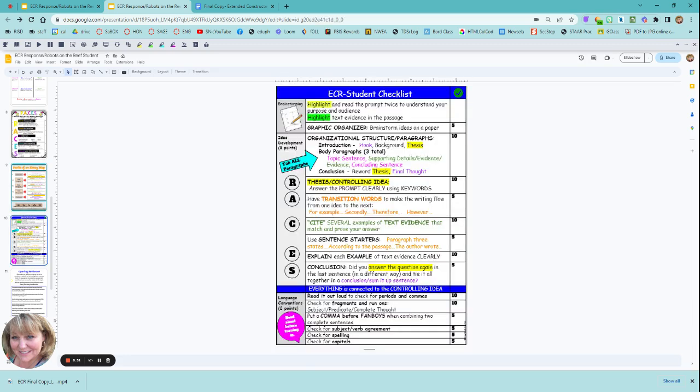Here is the ECR student checklist and your rubric that we will use. Things like your graphic organizer, using that. Make sure you have your organizational structure, which is what we talked about, your development of ideas. You use the RACES strategy of writing. You tab all of your paragraphs. You don't put spaces, but you just put 1, 2, 3, 4, 5 spaces. And then you